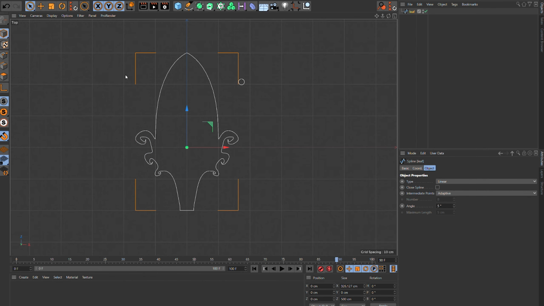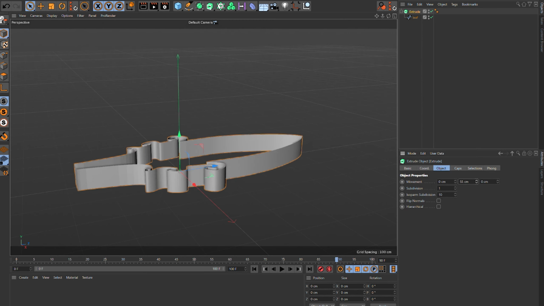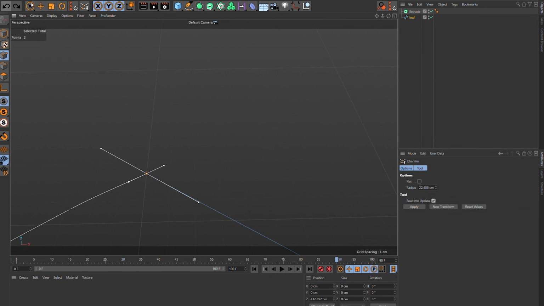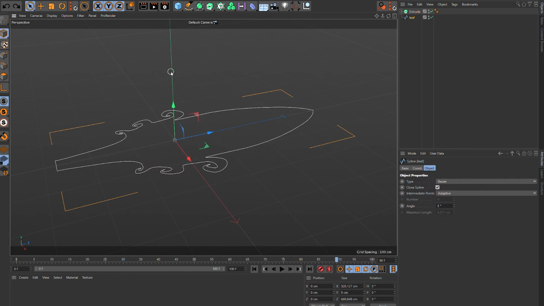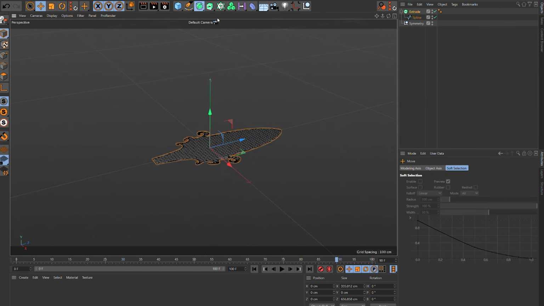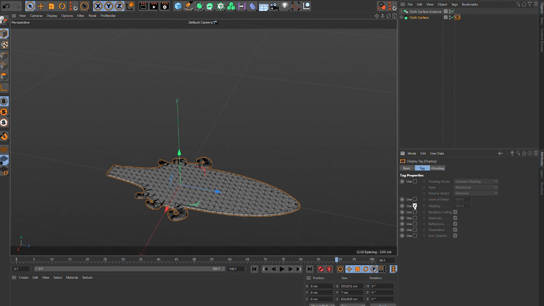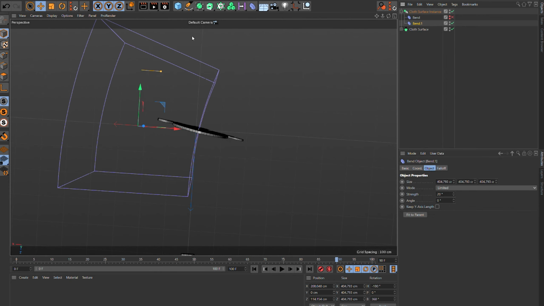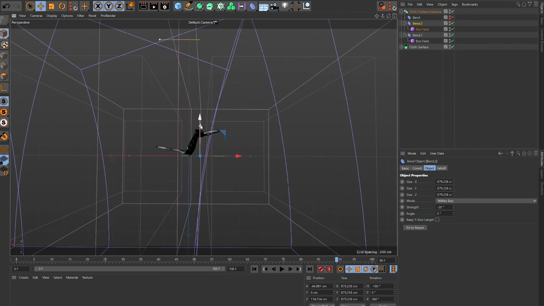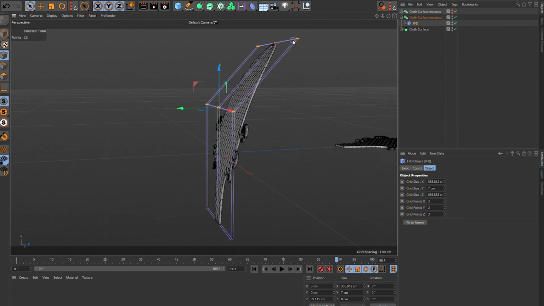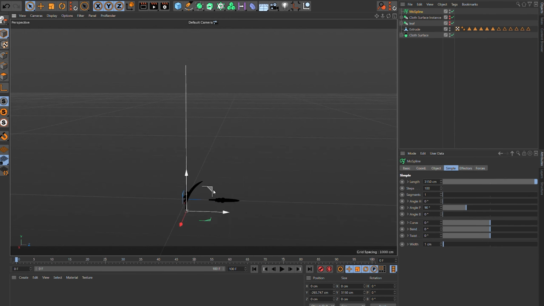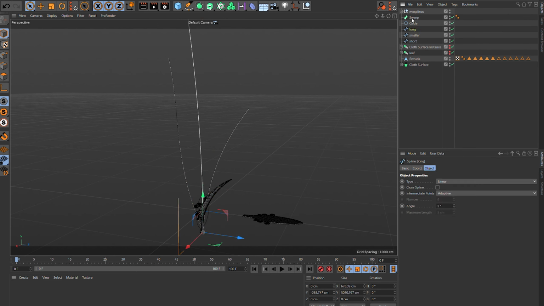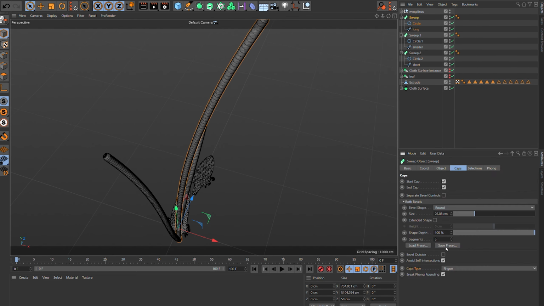Now we're working on the cave bush plant, which is also featured in this biome. So I'm starting off with a spline, extruding it. Now I'm using a few bend deformers just to get the nice leaf shape going. And an FFD. Using a Mospline just to get the basic shape, sweeping those as well.